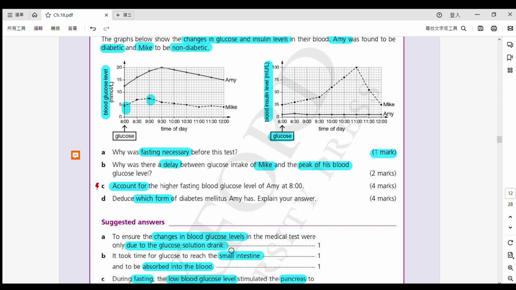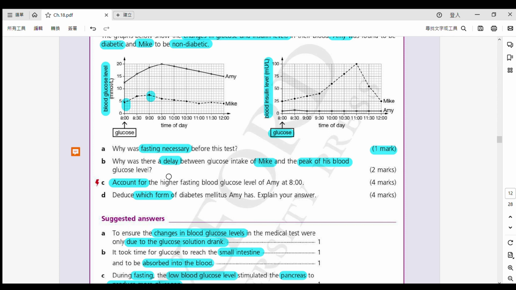If it is a bowl of rice， 如果係一碗飯啦 ，if it's a loaf of bread 一條包嘅話啦 ，you can say that it takes time for these food to be digested。你需要消化呢啲嘅食物啦 ，and then for it to reach the small intestine and absorb into the blood，absorb the glucose into the blood， 得唔得 ？Okay， so be careful about this question as well。好啦 ，C is a